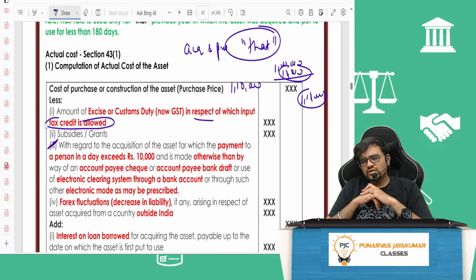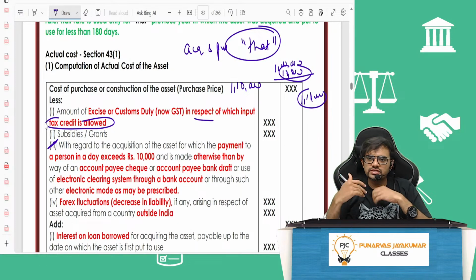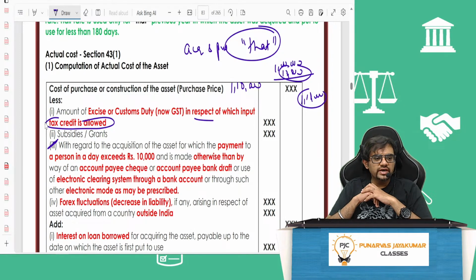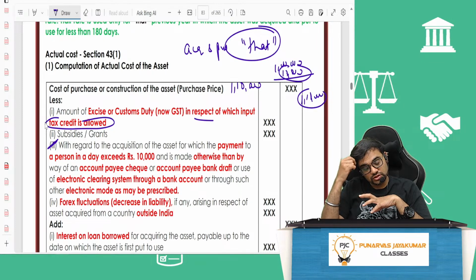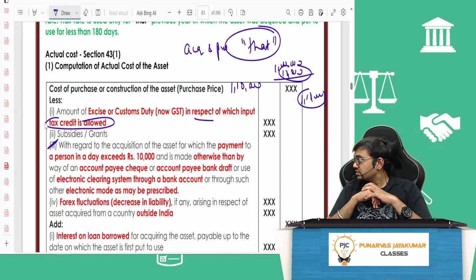A company buys a car worth 20 lakh rupees and pays 18% GST, that is 3.6 lakhs. So they will buy it for 23.6 lakhs. Question to you is, should I take it as 23.6 or 20? 23.6. Why? For that GST portion, credit is not allowed as per the GST Act. It's called blocked credit. You may know obviously because it's there in GST. So for blocked credit, you will not get GST credit. So you can take the full 23 lakh 60,000. But if credit is allowed, then it is only that portion, right?